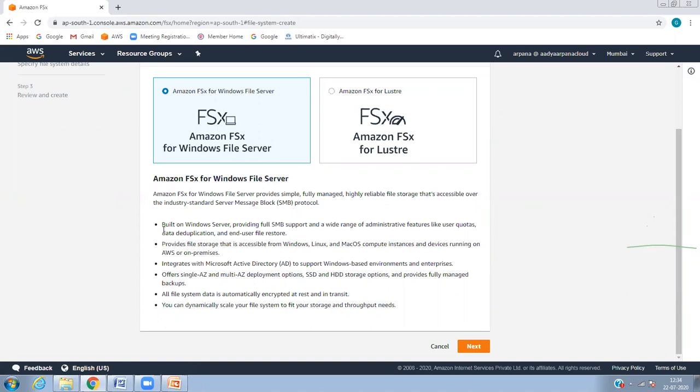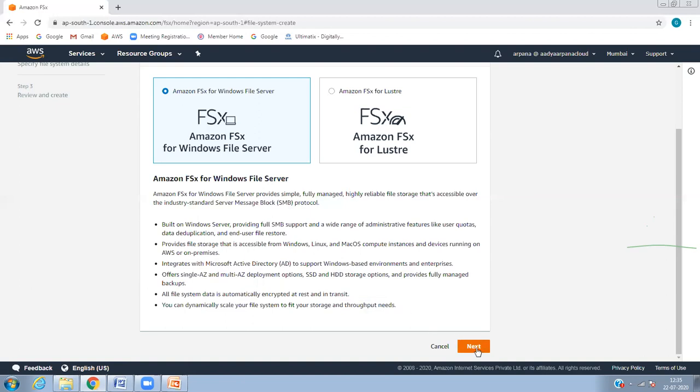Built on Windows Server, providing full SMB support and a wide range of administrative features like user quotas, data deduplication. It provides file storage accessible from Windows, Linux, macOS, and integrates with Microsoft Active Directory to support web-based environments and enterprises. It offers single-AZ and multi-AZ deployment, SSD and HDD storage, fully managed backups. All file system data is automatically encrypted. You can dynamically scale your file system to fit your storage and throughput needs.